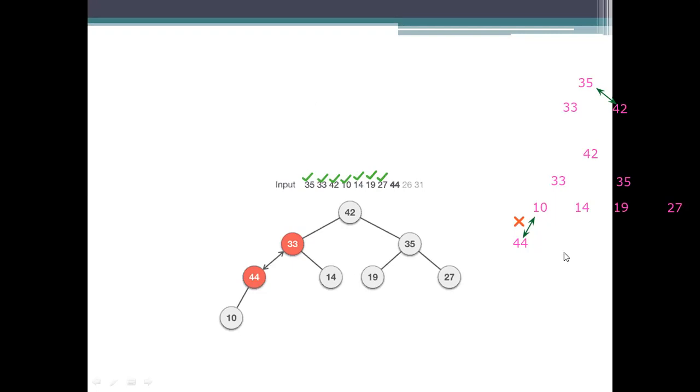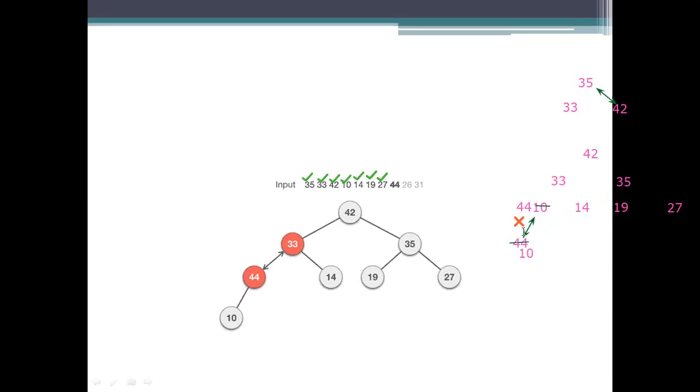So after swapping the values, what will I get? I will get the values which is 44 here and here it will be 10.